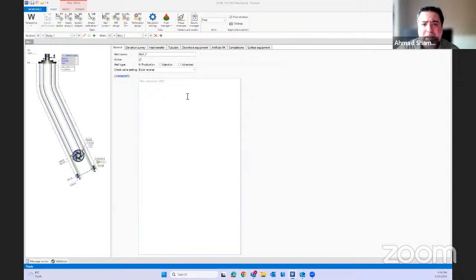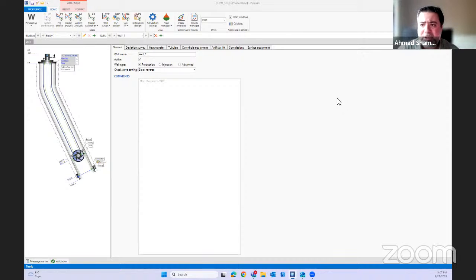So what we're looking at here is basically a PIPESIM well model, okay? And in the beginning, just for the sake of general introduction, in case you're not very familiar with PIPESIM, I'll just give a few minutes to talk about the user interface, how PIPESIM looks in general, without really much detail. If you need to learn more about the software, actually, I have a lot of YouTube videos that are already